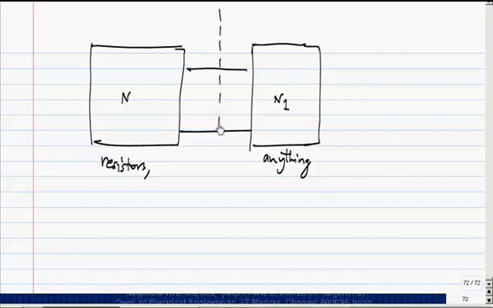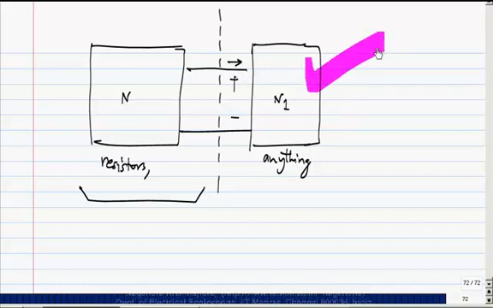Now, could I substitute this entire thing with something simpler? This could have, let's say, 10 sources and 100 resistors and whatnot, or even more. Let's say I am interested only in the voltage across this and the current through this. Basically I am primarily interested in N1. I am interested in the effect of this N, which has resistors and independent sources, on N1. Now, my question is, can I replace this entire network with something?